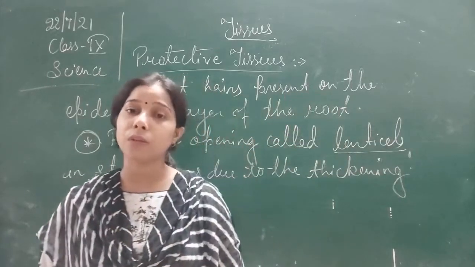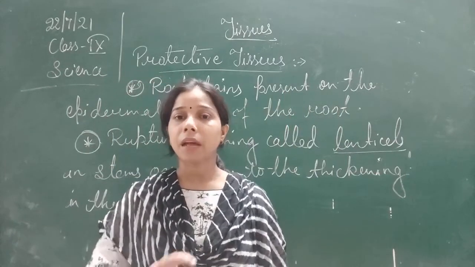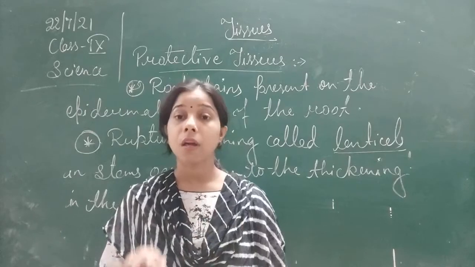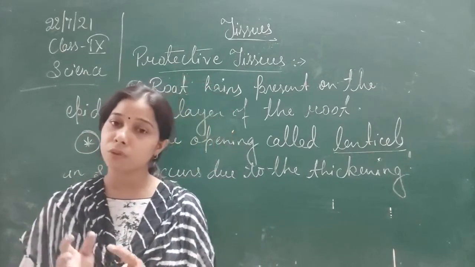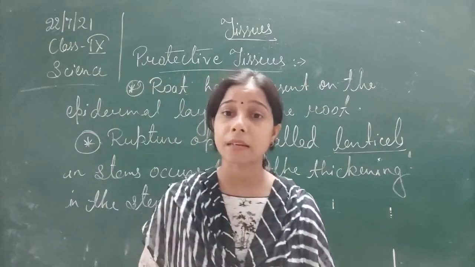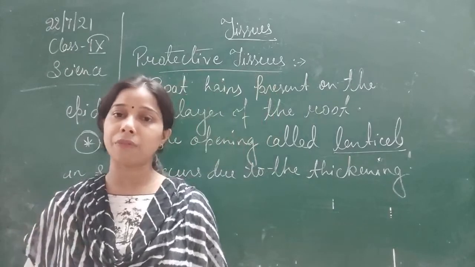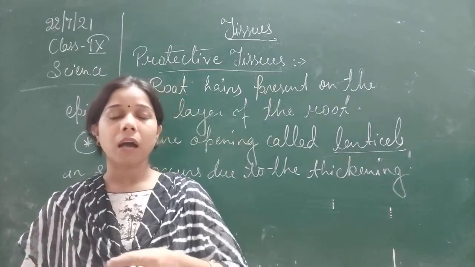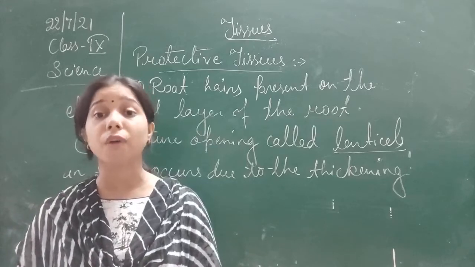What happens in case of the leaves, students? In case of the leaves, you will find that the layer is not continuous, because in between there are stomata. So stomata are also present at the epidermal surface. When you take off the peel of a leaf and see it under the microscope, you will find that it consists of stomata.